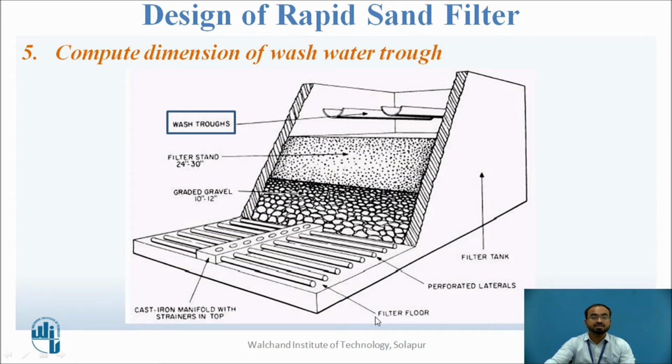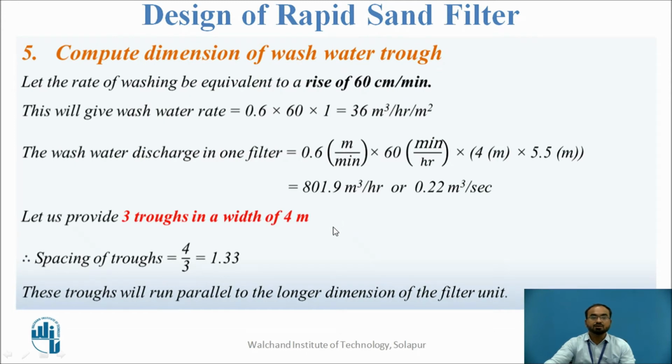Now let us compute the dimension of wash water trough, which is provided above the sand bed. First we will assume the rise of water with respect to 60 centimeters per minute, and I will calculate its discharge by that. How can I do it? I will just multiply the 0.6, that is 60 centimeter per minute, by 60, which is converting minutes into hours, and multiplying it by 1, that is per unit area, and it will come about 36 meter cube per